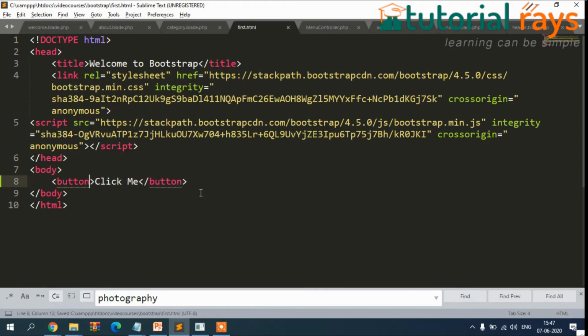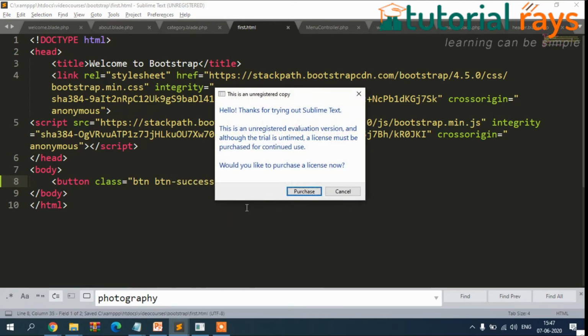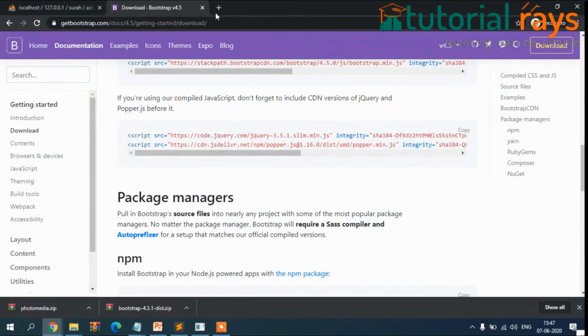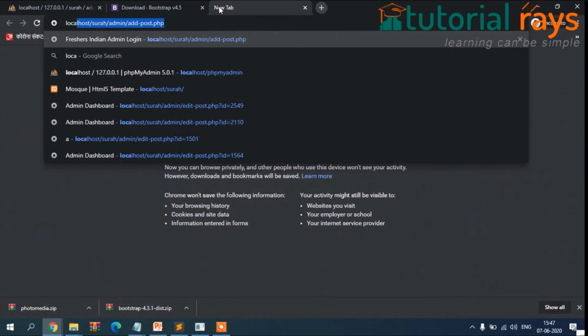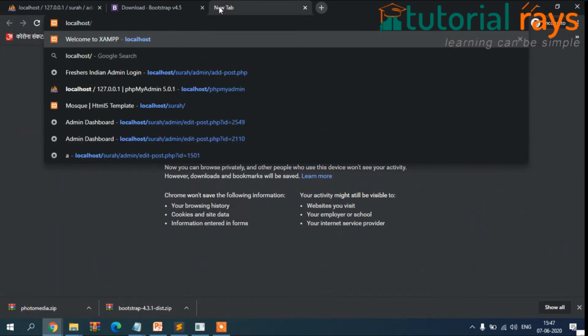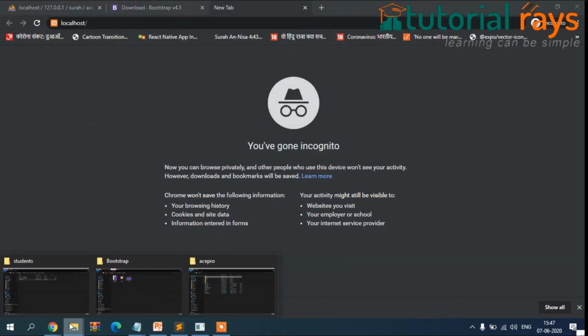It doesn't have to be inside htdocs. For my convenience, I am putting this here. So inside this, I will create my first.html. Now if you want to check whether the Bootstrap is working or not, simply write here button